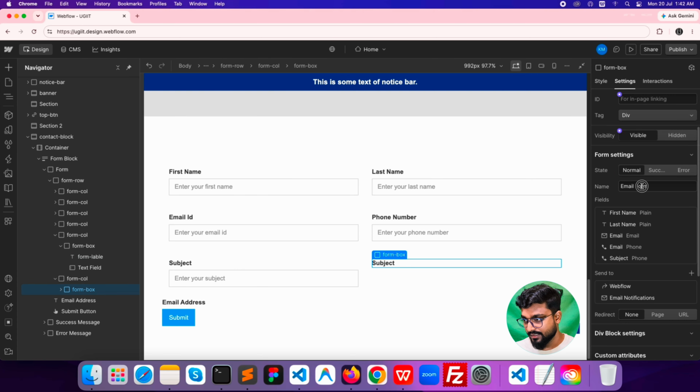So now let's see the change of the border color after the click. So now I am changing the focus color, that is the focused. Select the focused and change the color like this, and also publish the website